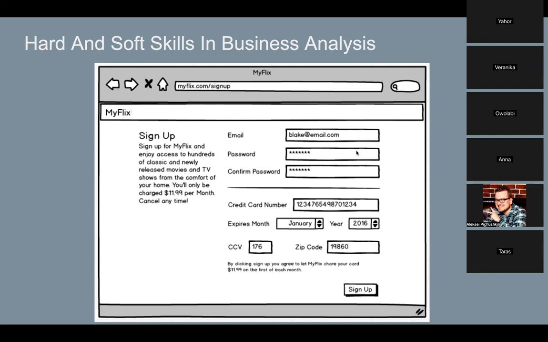So here we will have the email field. Our users will not have to confirm the email entry. I think that entering it once is okay, but they will have to confirm the password. In case passwords do not match, we will show an error. This is the error text that we will show. Both input fields will be highlighted.